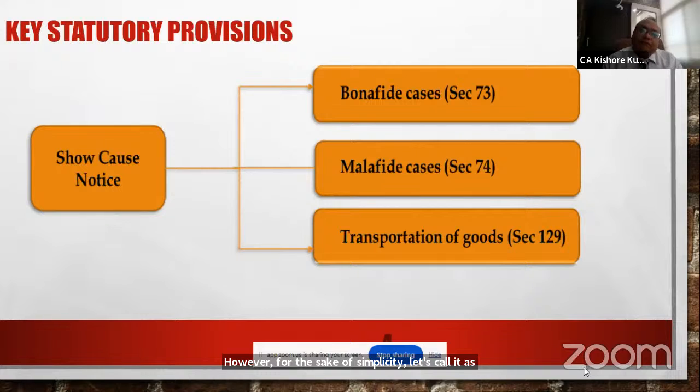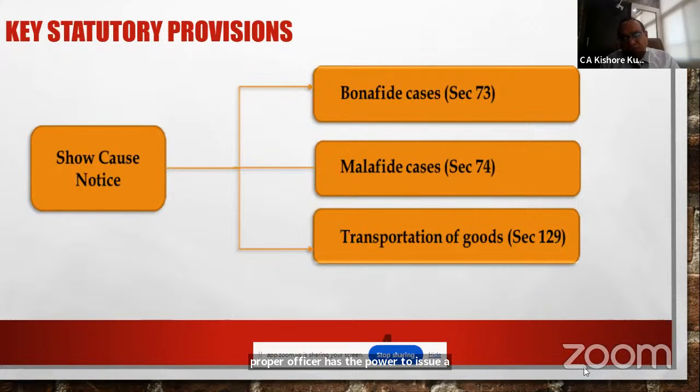So, if there is any default in the payment of taxes or in claiming of credits on account of bona fide reasons, then the proper officer is required to issue a show cause notice under section 73. Section 74 covers the mala fide cases, that is, where the taxes are not paid or the credits are wrongly claimed by reason of fraud, willful misstatement, or the suppression of facts. The proper officer has the power to issue a show cause notice, and that show cause notice will be issued